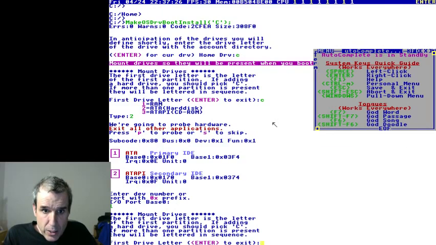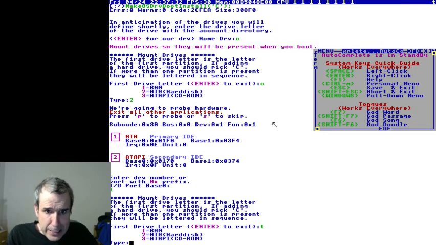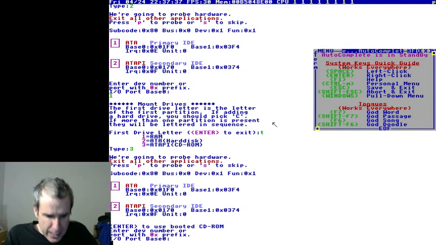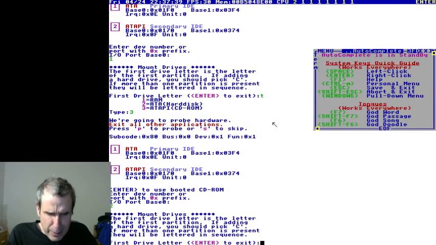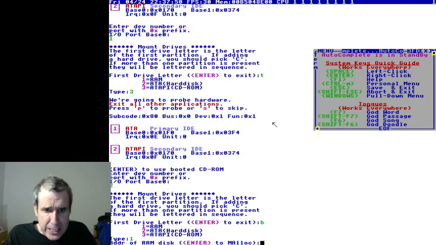Now we might as well do the drive T is the CD-ROM. It is an ATA, a TAPI, I'm sorry. We want to probe, and it's number 2. And if you want to know what I do for standard, I do a B drive, and I do a RAM, and